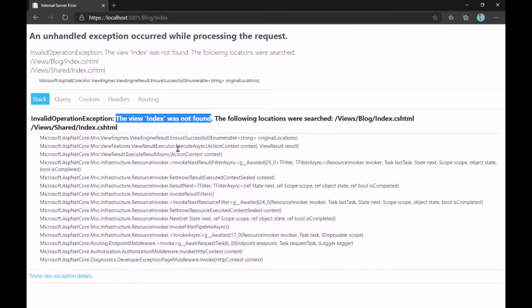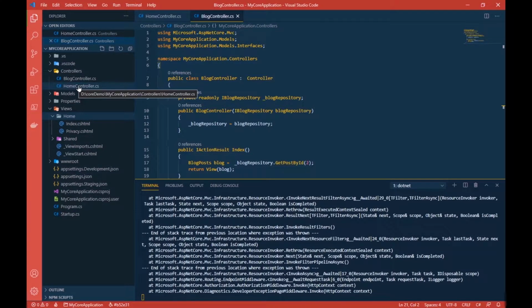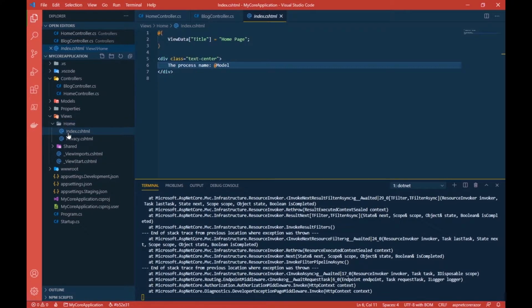For that, let's head to our application. So let me quickly open Visual Studio. Now in this Visual Studio, we know that views are inside the views folder, and the views are inside a specific controller name without the controller suffix. Anyways, let's open any of these views, and as you can see, the views have an extension of CSHTML, which means C# HTML, and it literally means this HTML is a mixture of both HTML and some C# code. This is a very basic explanation of views and the extension.